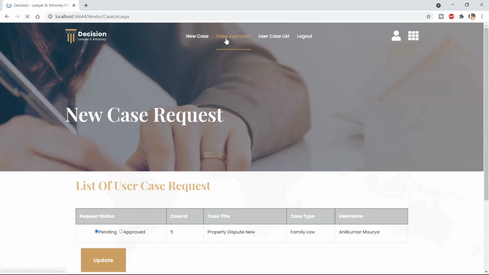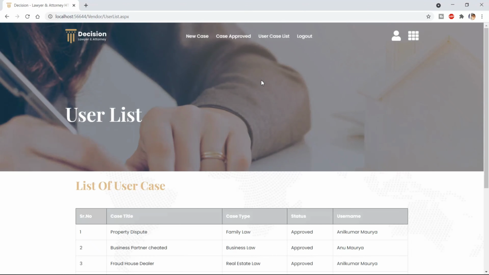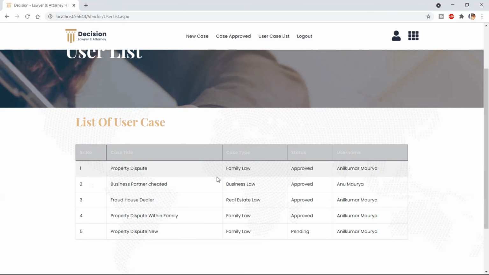In case approved, you can see the previous cases that he has approved for the users who requested them. In user case list, the user can see all the case requests or new cases that have been requested to the lawyer.